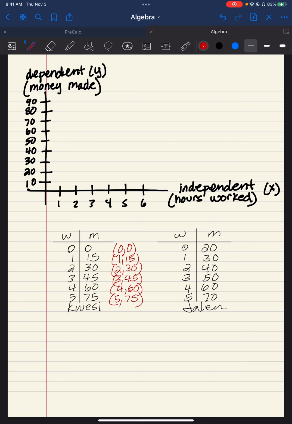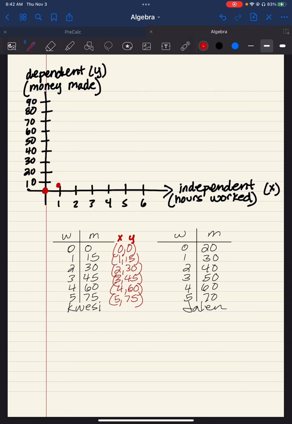If you know about graphing, we know that we're measuring the x variable first, and then the y variable, or in this case, w and m. So we're going to go 0 in the x direction, which is the horizontal axis, and then we're going to go 0 in the y direction. And there's a location that represents that. That's this location. If we want to graph 115, we have to go over to 1 and then up 15,